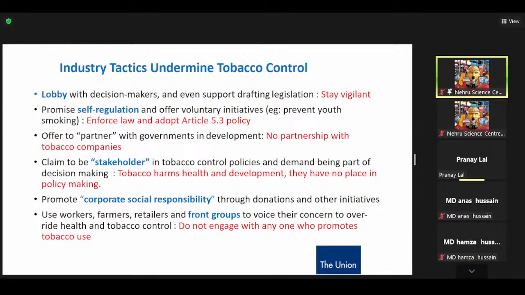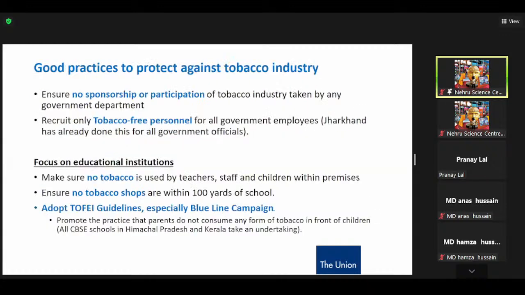We should not accept any funding from tobacco companies. And we should make sure that the many people that they have employed have alternative employment before we end the use of tobacco, before we end the tobacco sector. Let's give it 10 years and end tobacco for good, right? So let's make it a promise that we will never directly or indirectly take any sponsorship or participate with the tobacco industry. Let's try recruiting tobacco-free personnel